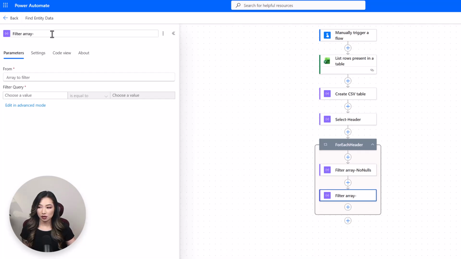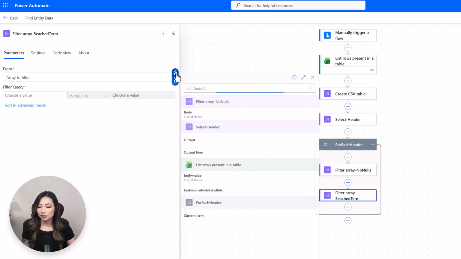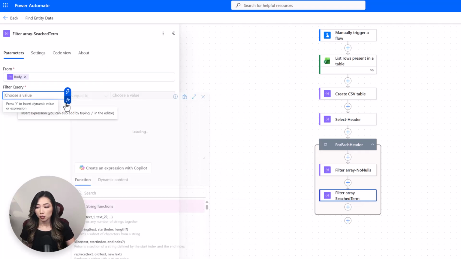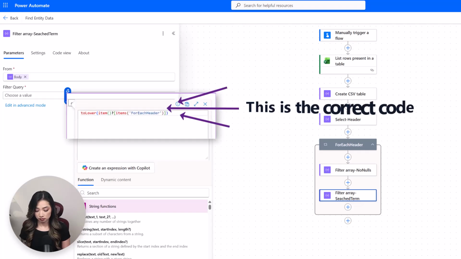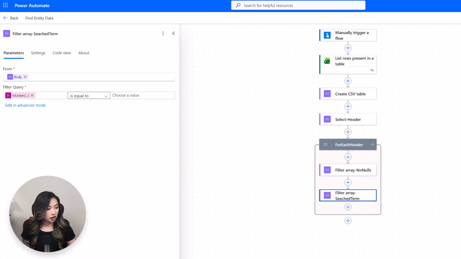And then for the second one, we're actually going to filter by the search term. So we're going to grab from the previous no nulls. We are going to select the item of this, and then we're going to do a to lower. So whatever item that we're looking at, the column from the Excel, and the value we're looking for is the current header itself here. And then we are not going to use equals to, we're going to use contains whatever